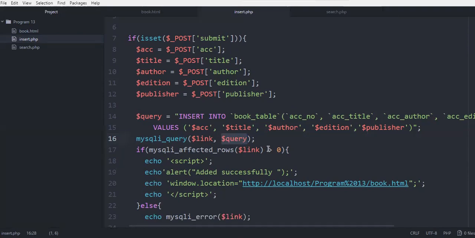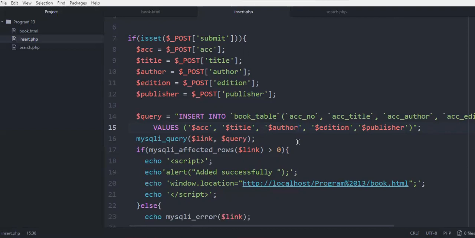Then next we have another if condition which is checking if MySQLi affected rows of $link is greater than 0. Now this particular function MySQLi affected rows of $link, we know that $link is having our database name. So whenever we perform the insert operation, if the insert operation happens properly, some new rows are going to be added in our database.